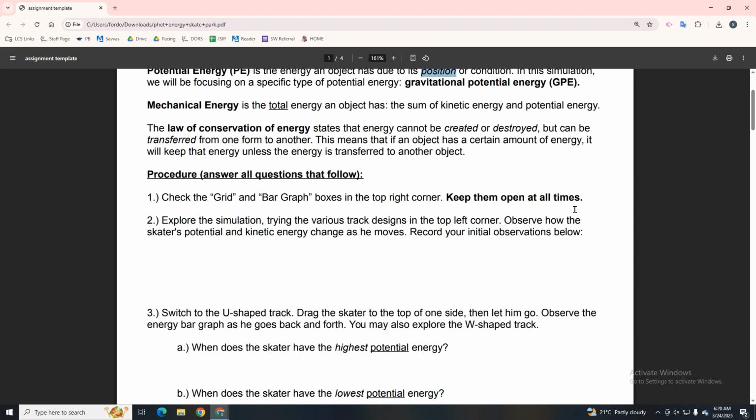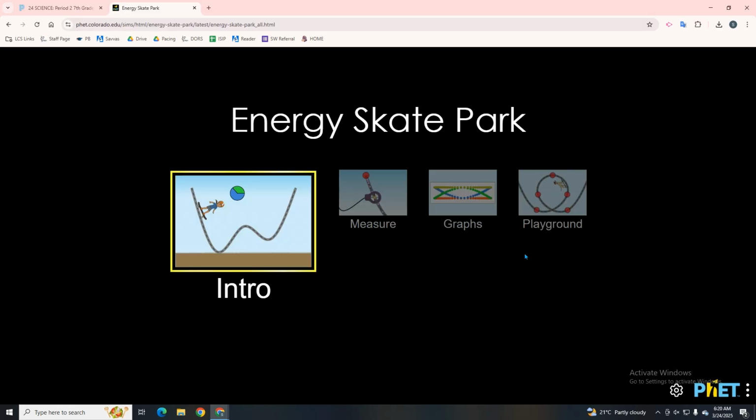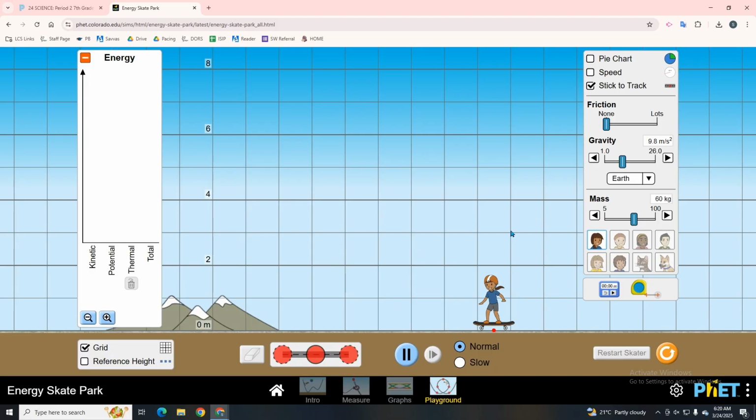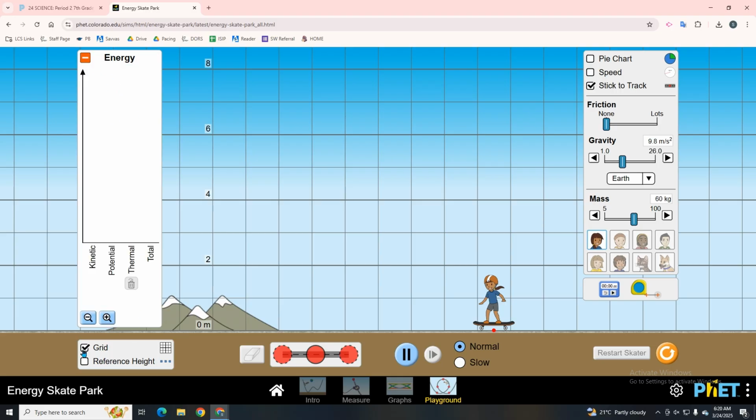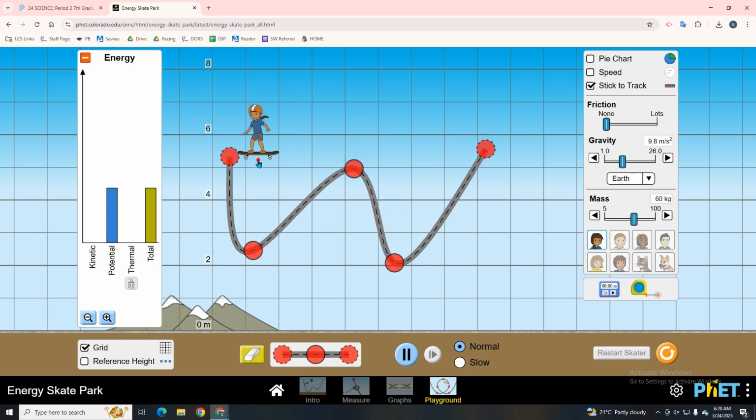All right, so let's get into lab procedure 1. It says check the grid and box graph. So what you want to do is go into playground. If the box in the top left where it says energy is not clicked, make sure you click it so it opens it up. And the same thing with grid. In this one, you're just going to take and make your own skate park. Don't spend too much time on this. You're just having fun and exploring as it's asking you to do. Notice what's happening to the energy as your skater's going up and down your